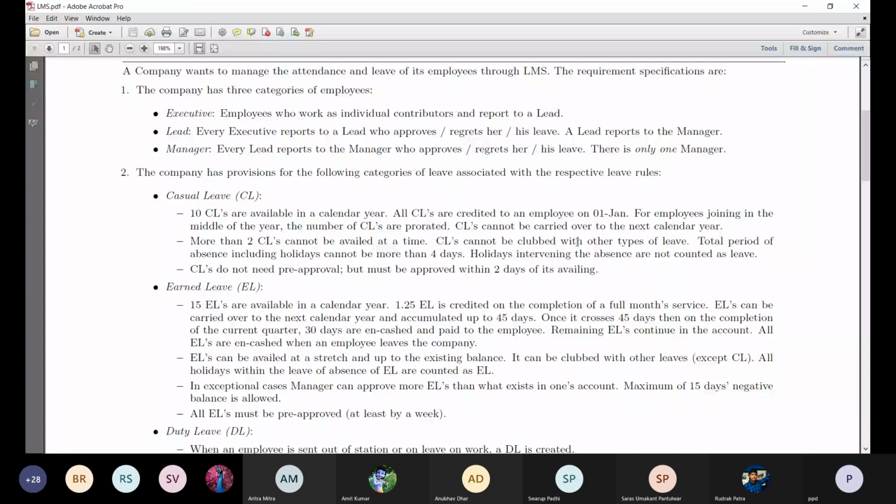The way we will approach is we will work with a running example, so that things do not become very abstract as we discuss. We are starting with a specification which I have created for you for a leave management system,